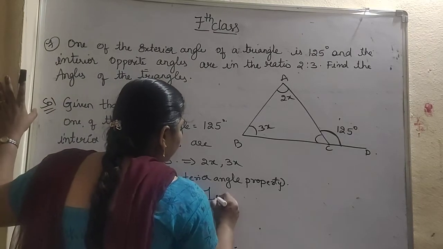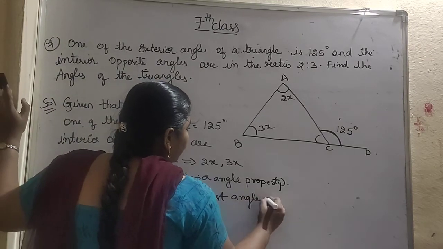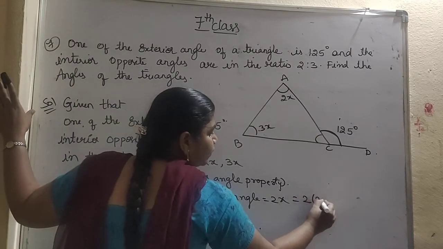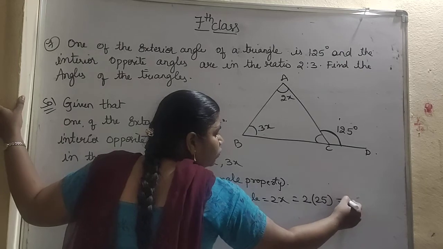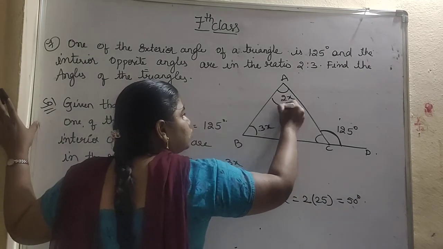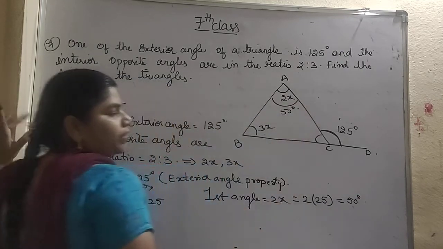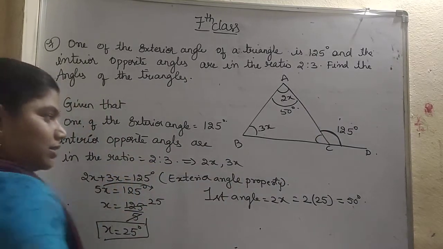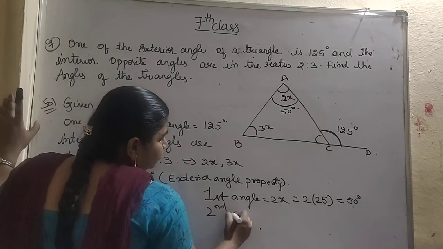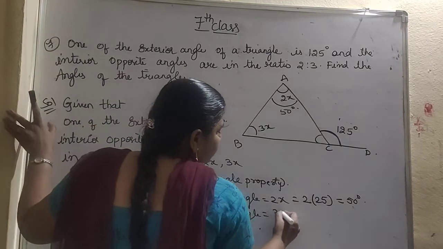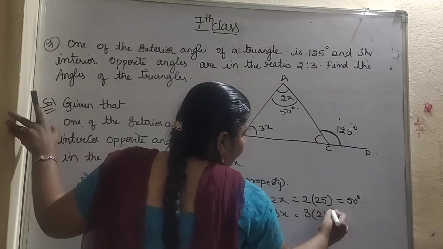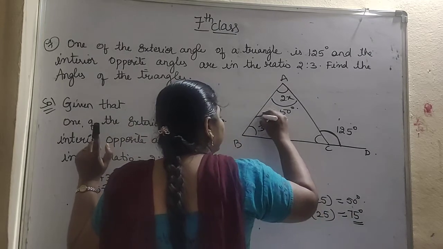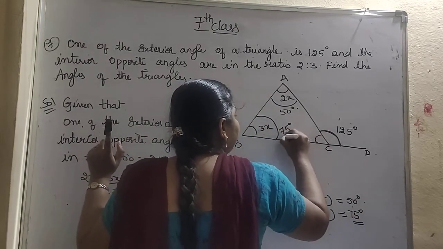Now the first angle will be, what is the first ratio? First ratio is 2x. So 2 is a constant value. In place of x we got 25. So 25 twos is how much? 50 degrees. That means this total angle is 50 degrees. Now we have to find the second angle. Second angle is how much? 3x. So the second angle is equal to 3x. So 3 into 25. So that will be equal to how much? 75 degrees. So this total angle is 75